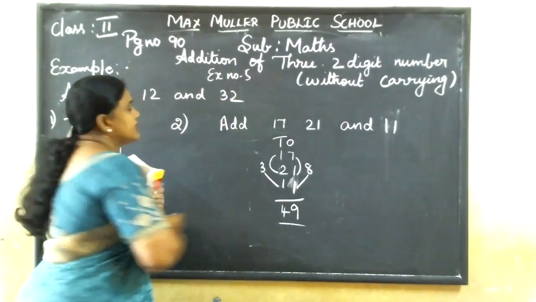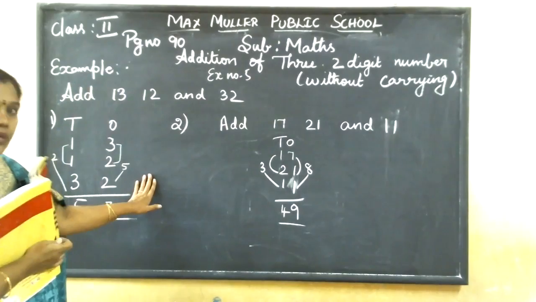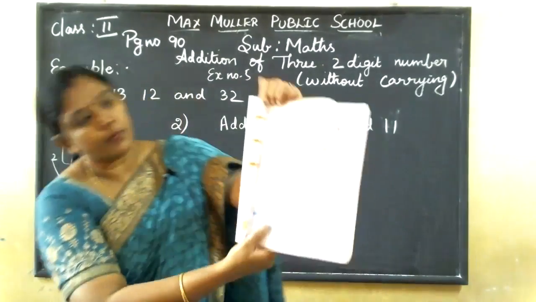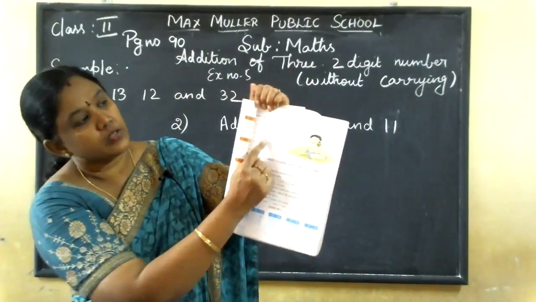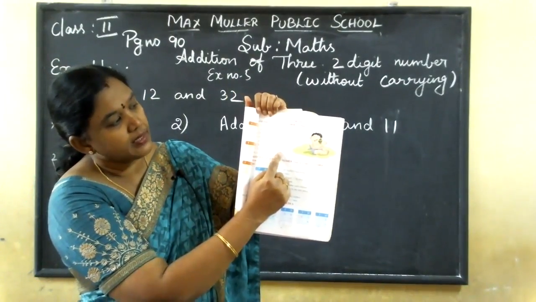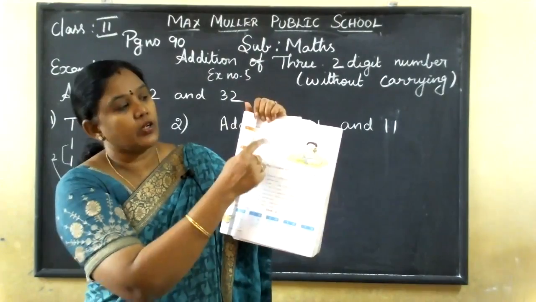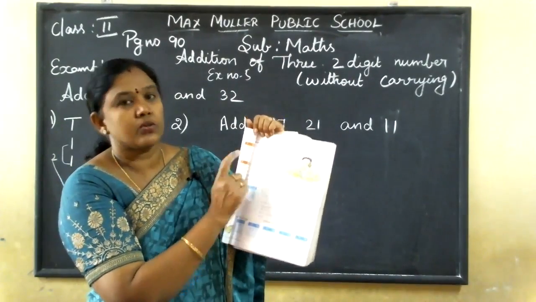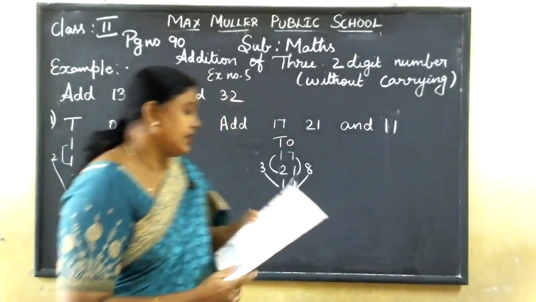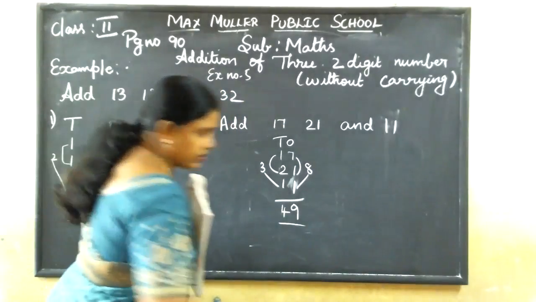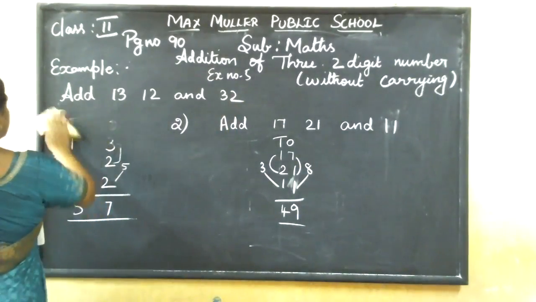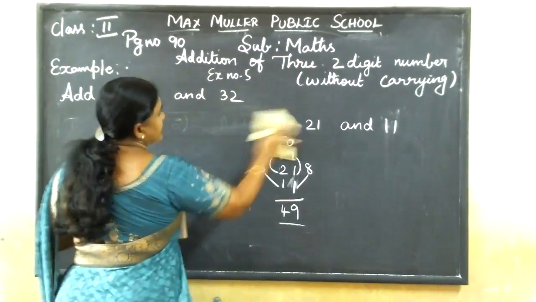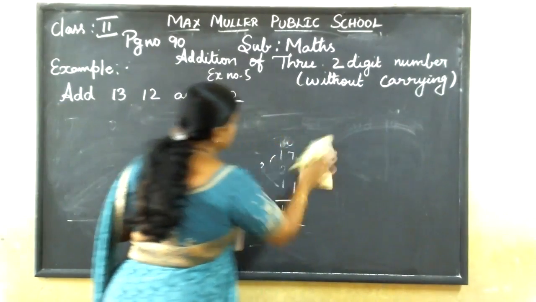Exercise number 5. This is the example sum, children. So you write in the rough note. For exercise number 5 also, there is no place to write here. Understood? So you do it in the rough note. 1 or 2 sums I give in the rough note. In classwork I gave these sums, so you copy from the PDF. You write in the classwork, children. See the PDF and write in the classwork. Now I will do 1 or 2 sums in the rough note. You will note down in the rough note.